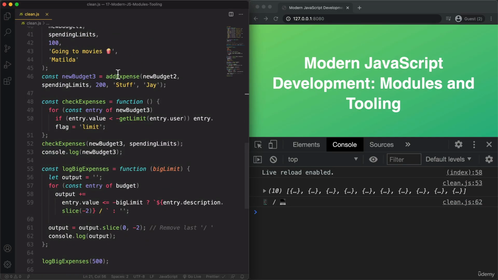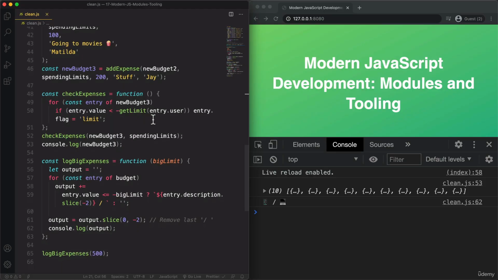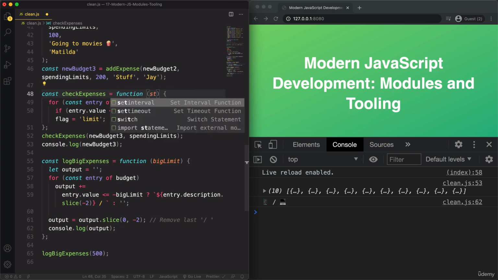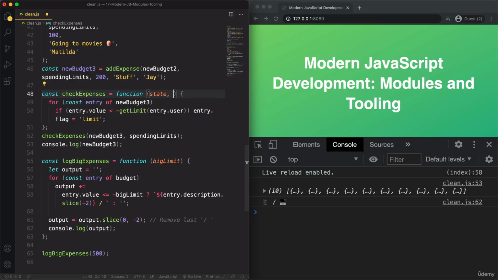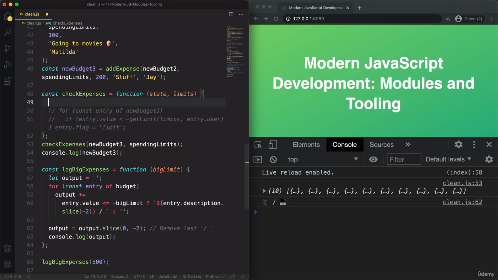Now, okay. So let's do the same here as well. So here we want to then receive a state. I'm going to call it state to keep it neutral, just like before, and then calling it limits once again. So here again, we want to pass in limits and then the user itself. But now let's then finally actually replace this entire loop and instead loop over the state using one of our